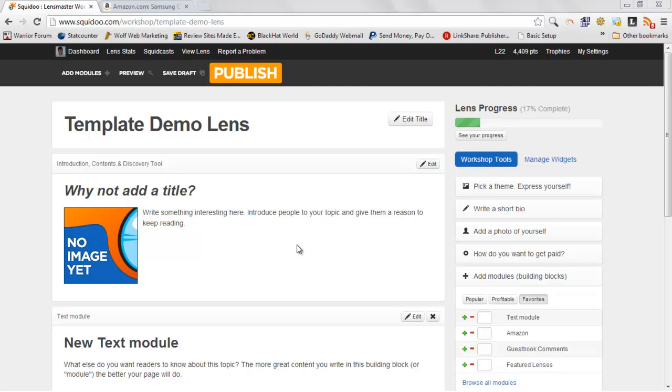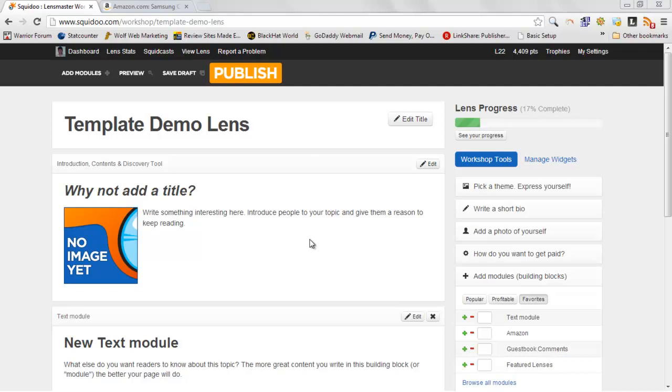This is a short demo video explaining how to use the Squidoo templating system that I recently released. This system consists of 18 to 20 advanced HTML templates you can use in your Squidoo lenses to turn them into products that people actually want to look at and read, rather than just a bunch of Amazon modules all over the place. So, without getting into too much detail, let's get into the demo and show a brief